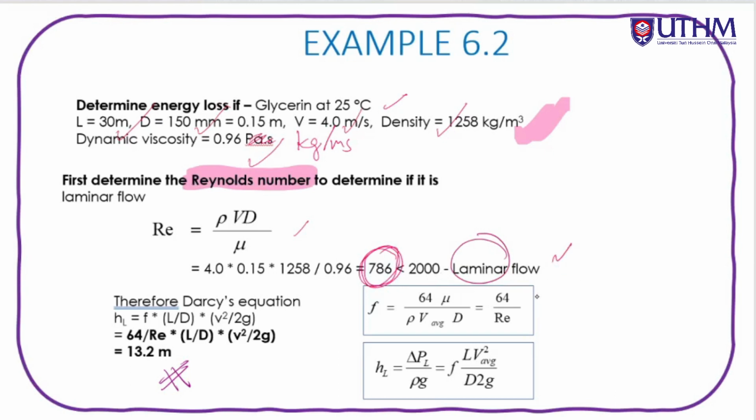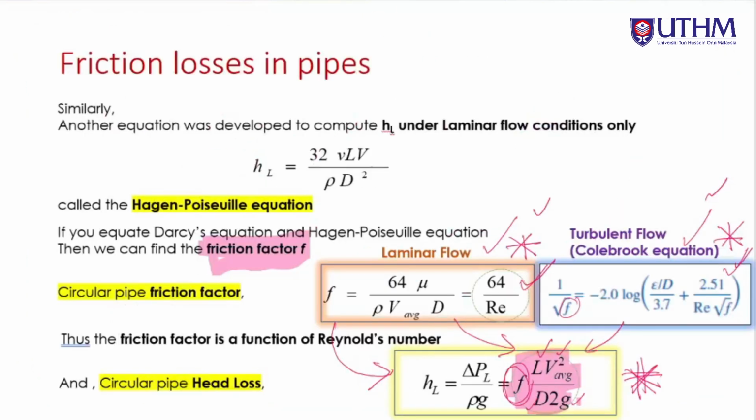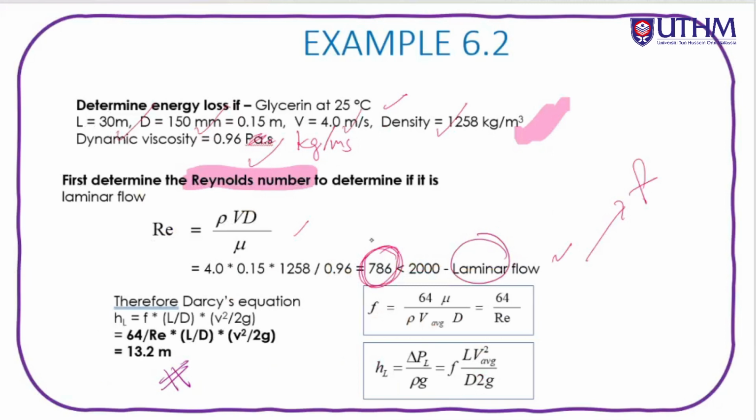If it is laminar flow, how do we proceed? Next we need to find what? The friction factor. This is the friction factor. If it is laminar, we use 64 over Re. We use this equation to find the friction factor. So when we replace the value of Re, we will get it, and we also replace